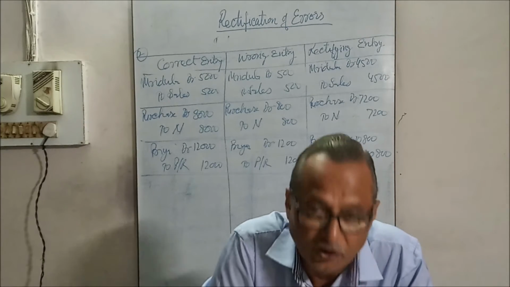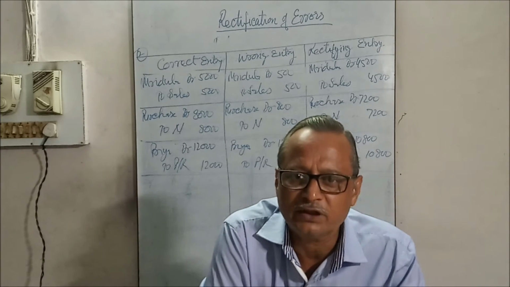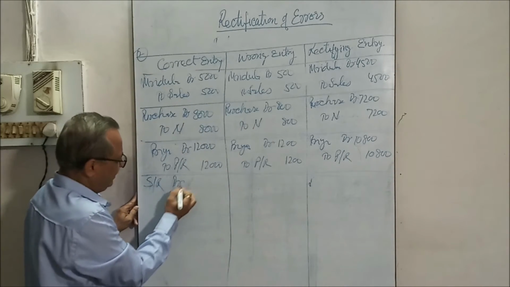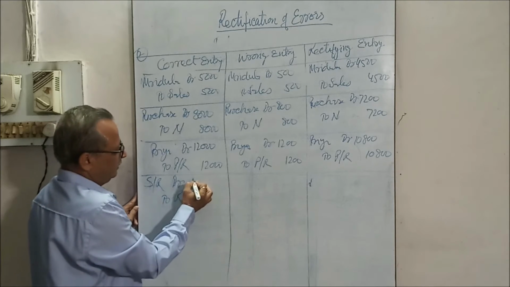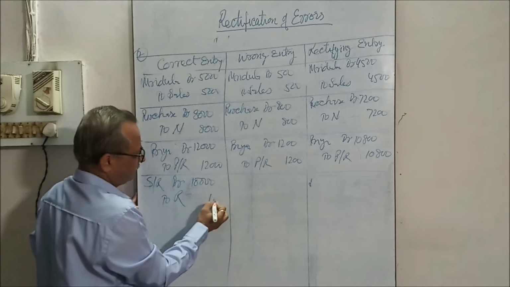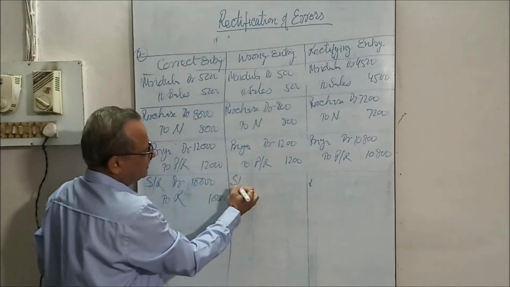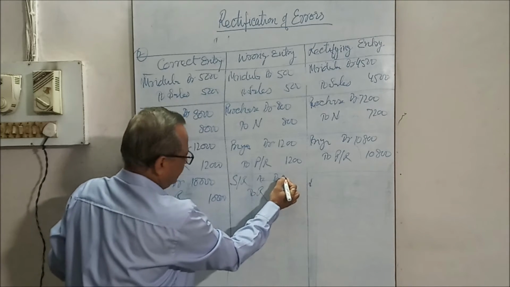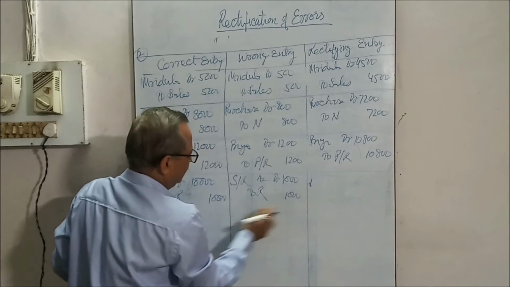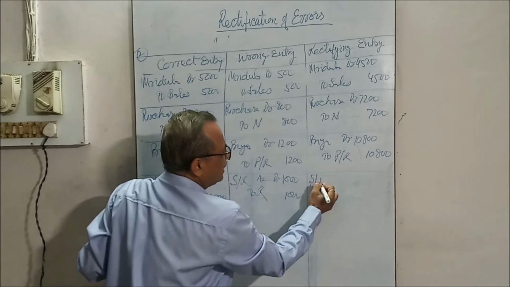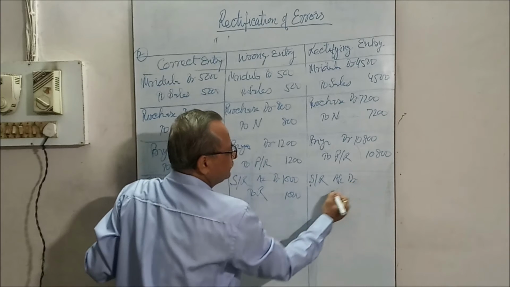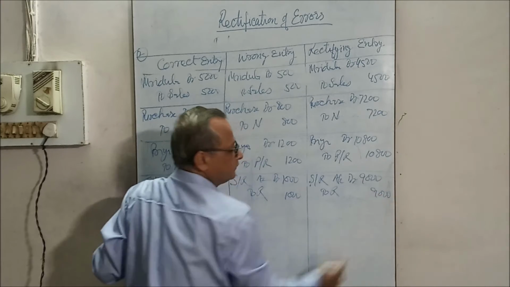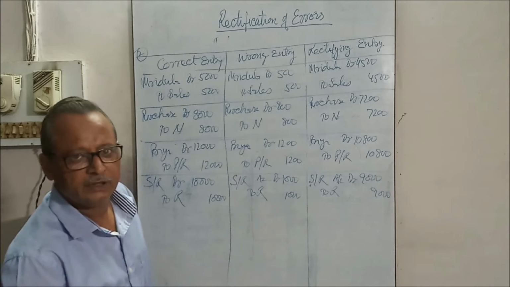Goods returned from Rashi 10,000 recorded as 1,000. It is sales return. The correct entry should be sales return debit to Rashi 10,000, but entered as sales return account debit to Rashi 1,000. The difference is sales return account debit to Rashi 9,000. This is an arithmetical error.